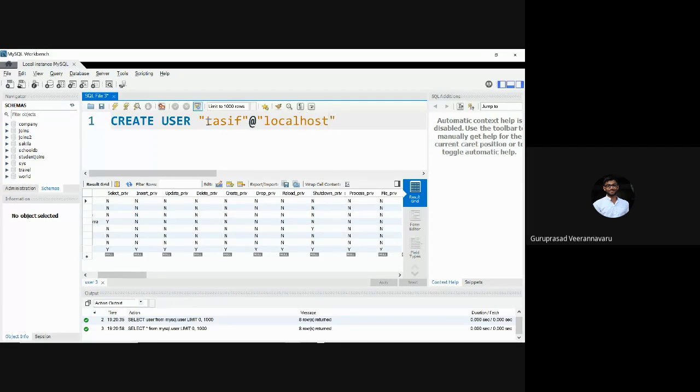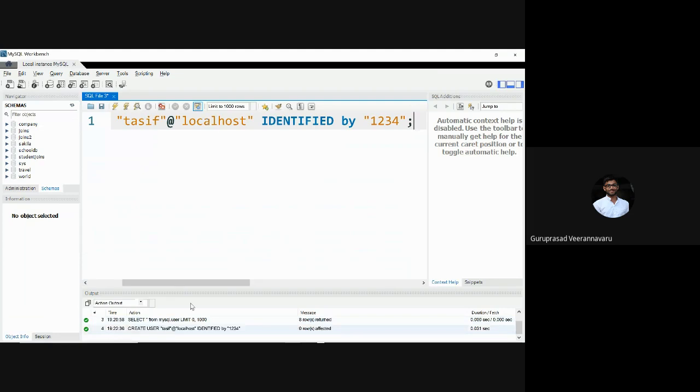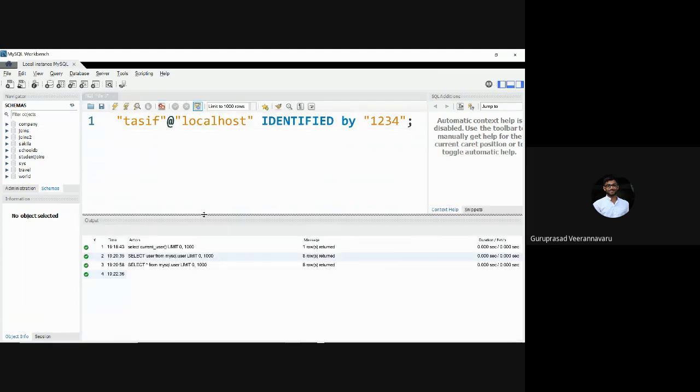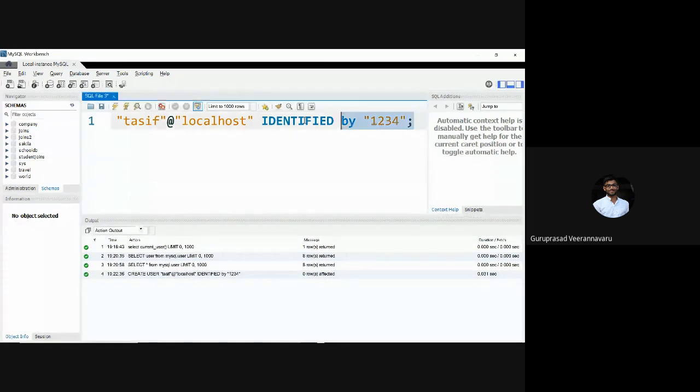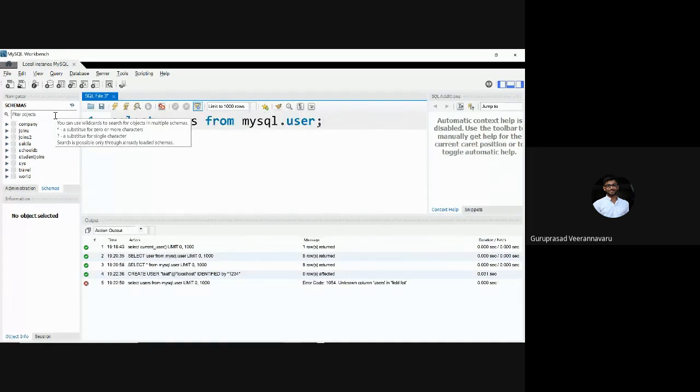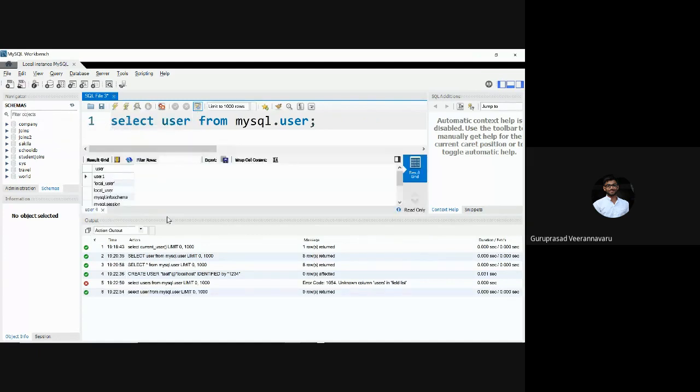Okay? And then if you want to set a password, we use identified by, and then the password, whatever it is. Let's say the password is 1234. Okay. So if I do a control enter, right? This user is created. If I go back and say select user from mysql.user, you should see